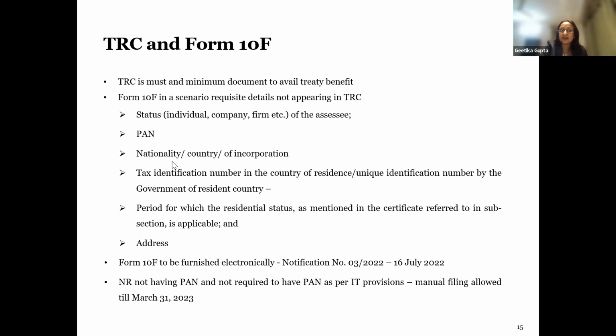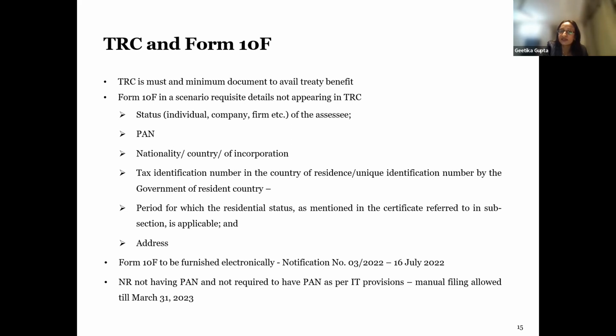Now, in case all these specified things which are mentioned in the various bullets below are not appearing in the TRC, then the non-resident is also required to execute a Form 10F. Form 10F is a simple form with a given format which provides the following details: